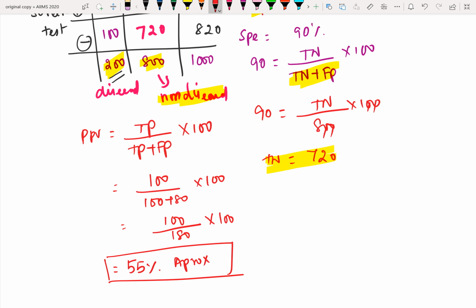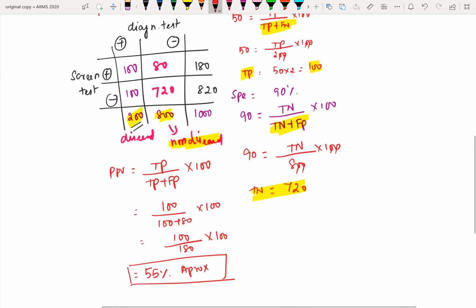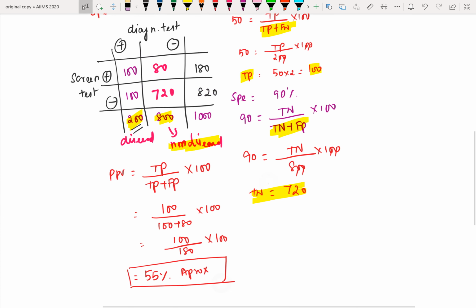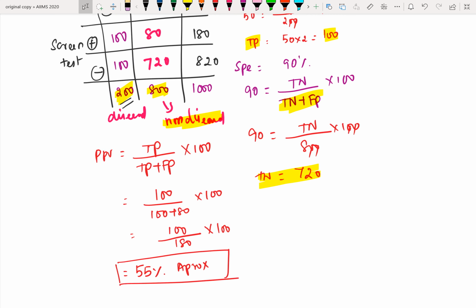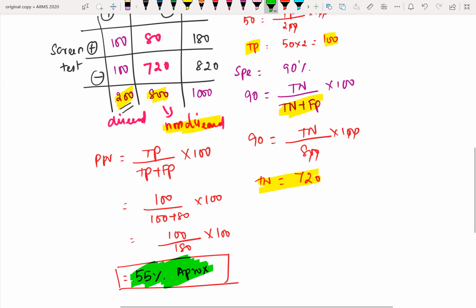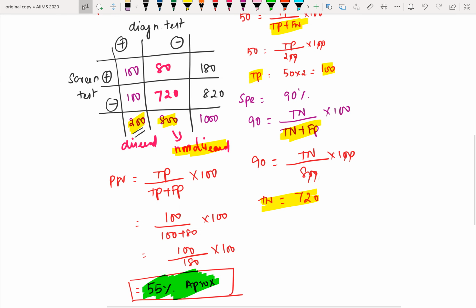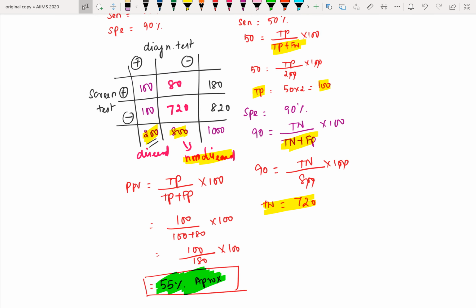So are you able to follow this? This is an easy question. There are two types of questions that will be asked here. So this is the second one, a little tougher question, but we can answer it. This is the better one. There is another formula, Bayes theorem, but remembering the formula itself will be very difficult. So this is the easier one, because the other formulas we need to remember.